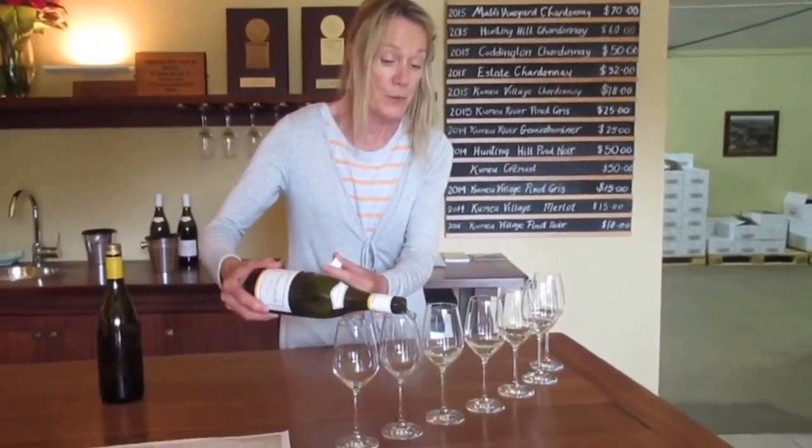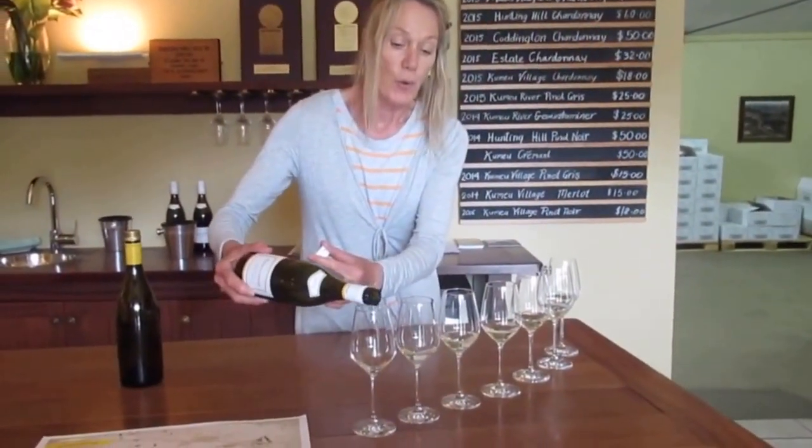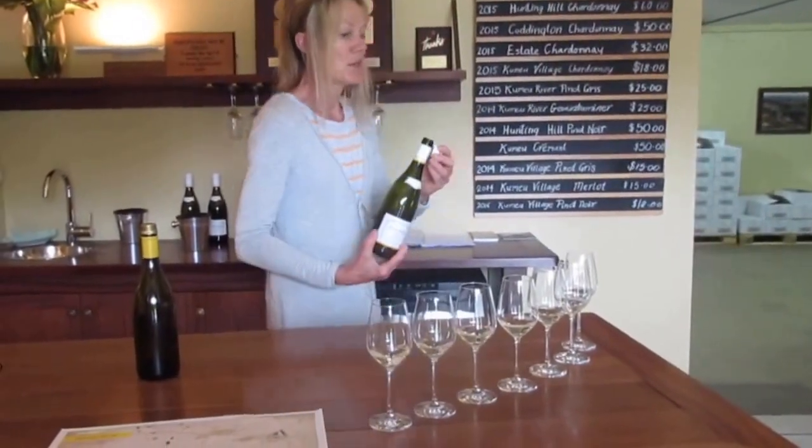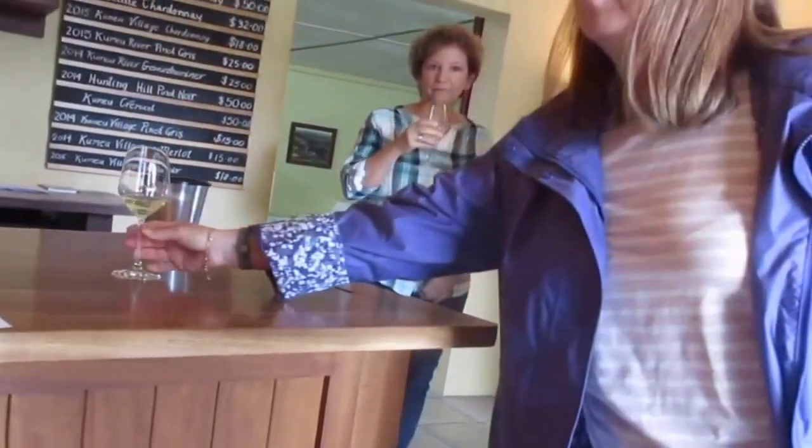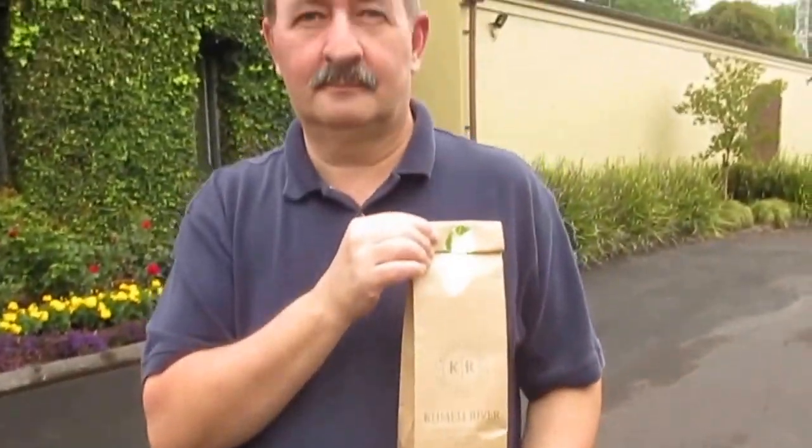Flavours. It's very fruity, very tropical. So this is mostly stainless fermented, but it has had extended lees contact in the tank. The lees. So today, our third day in Auckland, we are on a wine tour, and we've just finished at